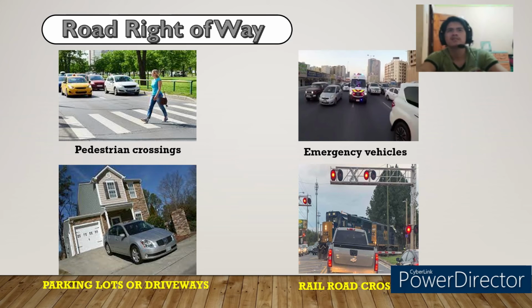Next is the railroad crossing. In railroad crossings, the trains have the right of way. We all know that because if you collide with a train, it is very dangerous, because a train is very huge. If you have a motor or car, it is very risky. So the driver going to pass a railroad crossing must be aware. If there is an approaching train, do not cross and wait for the train to pass.